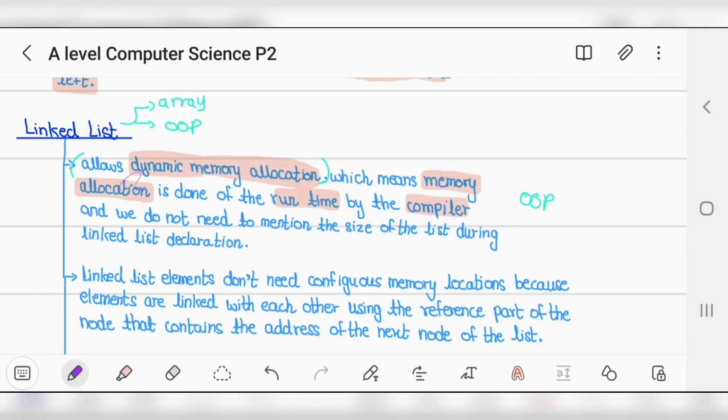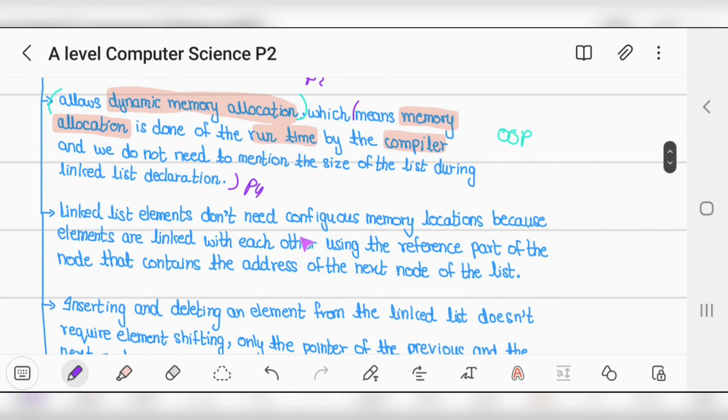This is a concept of P4. This is P4 concept. This is P2. You need to understand for now. This is P2. Okay, linked list elements don't need a contiguous memory location, obviously, since it's different, because elements are linked